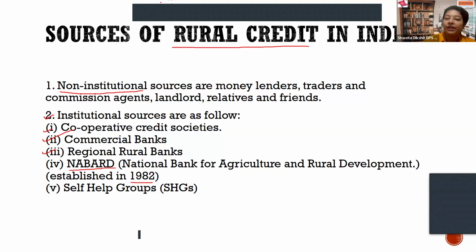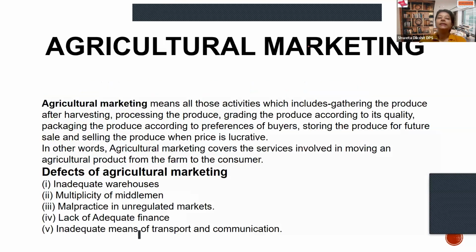So self-help group is a very important topic for 1 mark as well as the subjective types of questions. Do not avoid it. Then the second challenge is related to agricultural marketing. I have recently seen that agricultural marketing is very much being asked. The meaning is being asked, especially for 2 to 3 mark questions. And most of the students fail to answer this. The reason, they feel that agricultural marketing means selling of the agricultural produce in the market. No, this is not the definition.